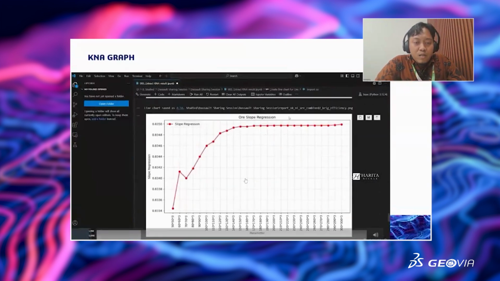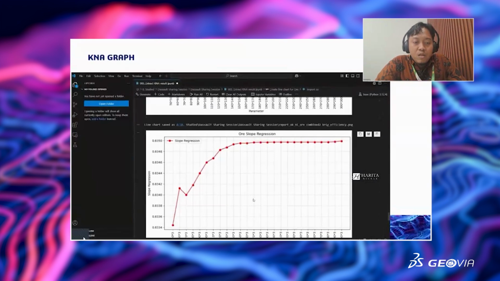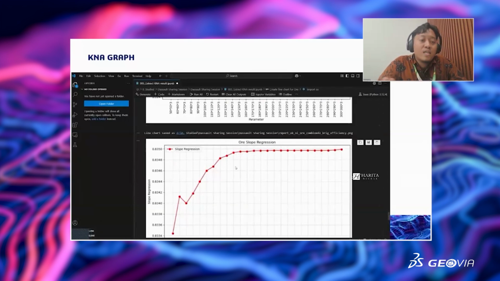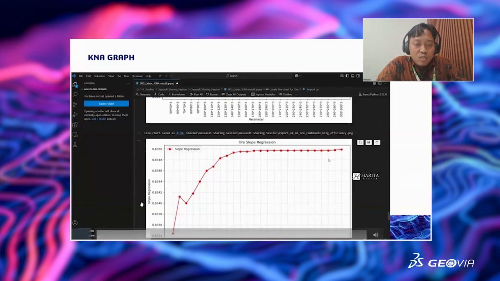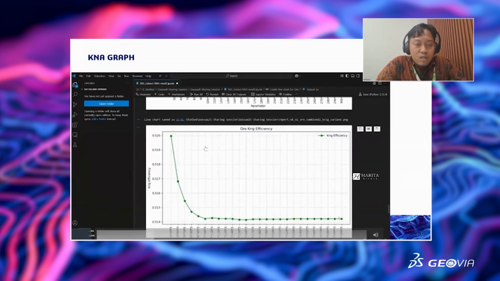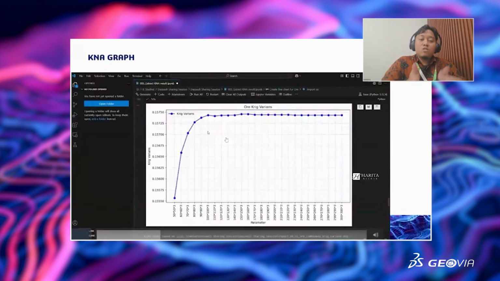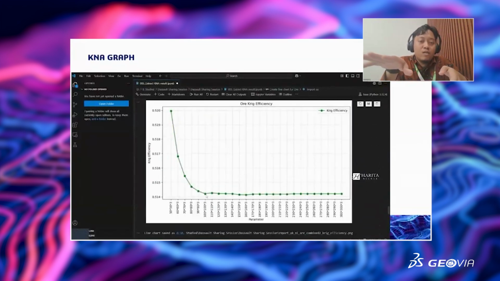So how to define this parameter? For the conditional bias slope, unlike the other graphs, which are erratic, we take a look at the highest value, the starting point of our estimation process. I think here for the kriging efficiency and kriging variance also. So when we do the estimation using a short distance, such as 50 until 100, there are erratic points, and after that it will be flat after we do the estimation from 100 until 300.